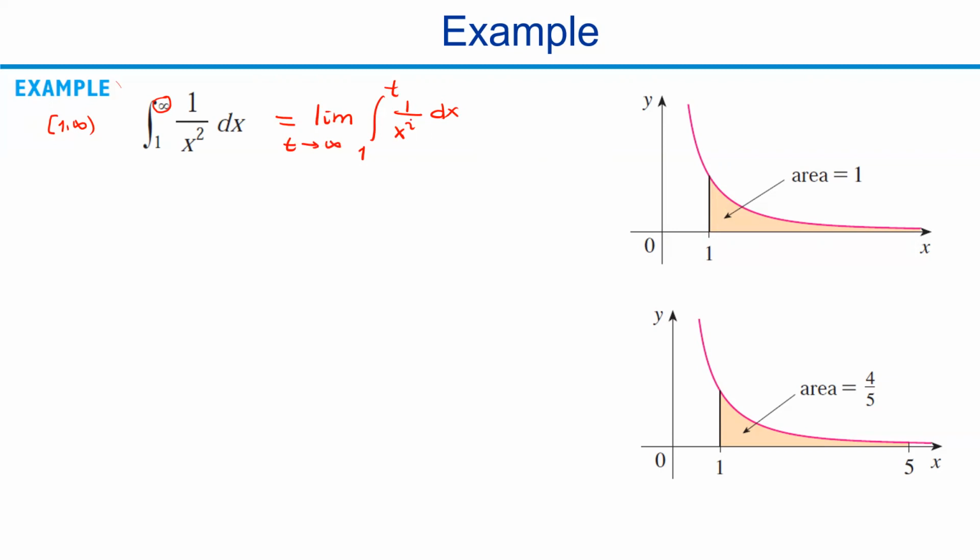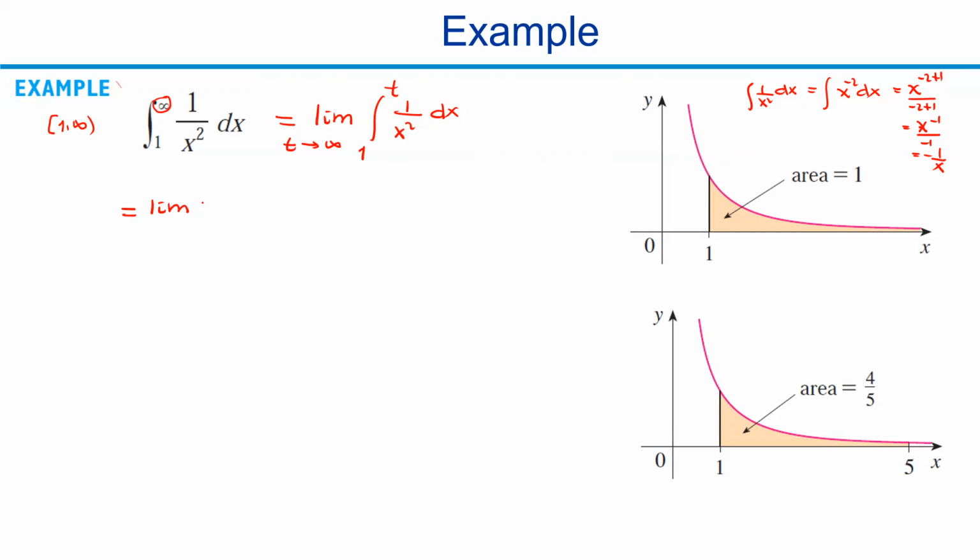The integration of 1 over x squared is simple. Can you remember? You can write the integral of 1 over x squared dx as the integral of x to the power of minus 2 dx. Adding 1 to the power, this will be x to the power of minus 2 plus 1 over minus 2 plus 1, which is x to the power of minus 1 over minus 1. So this is minus 1 over x. This is easier. Therefore, this is the same as the limit of